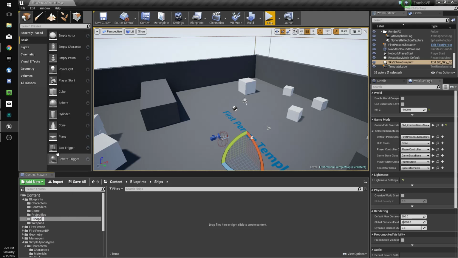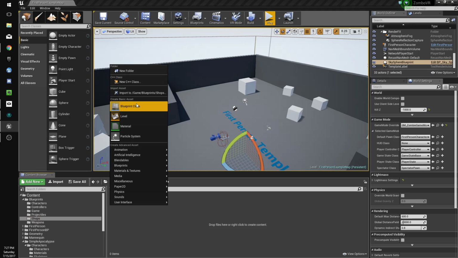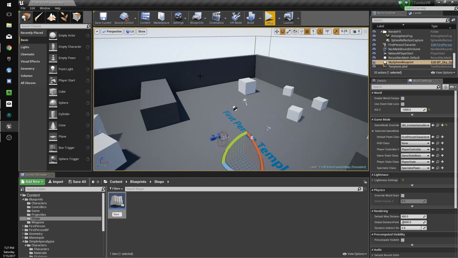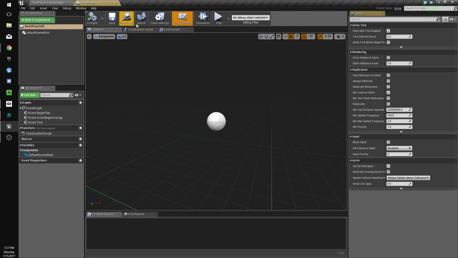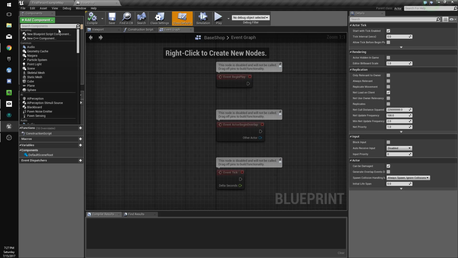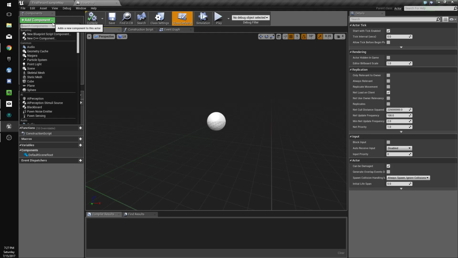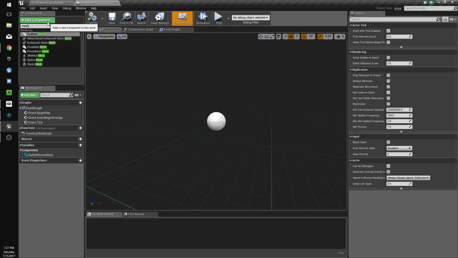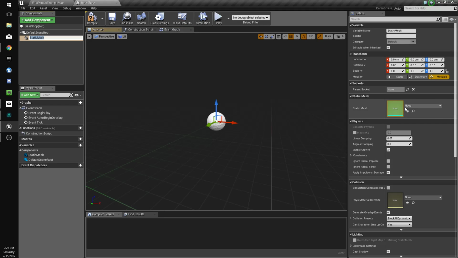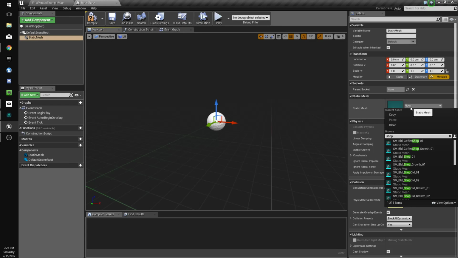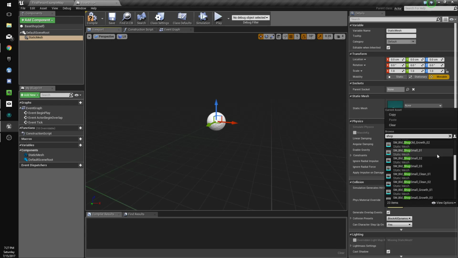Rename shops. Create a new actor, base shop. And we'll go in here, compile, save, and we'll add a new component, and we'll go to a viewport. We'll add a mesh. We'll add a static mesh, and I forget what they're called, but